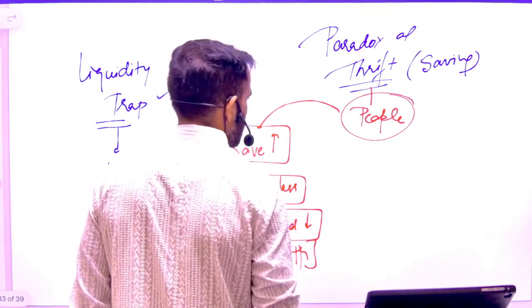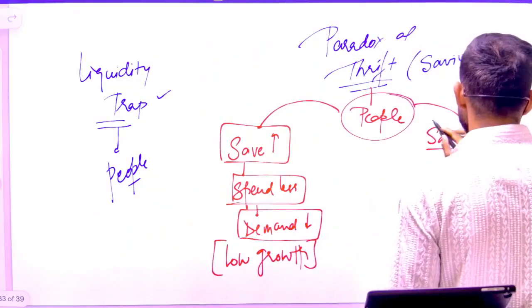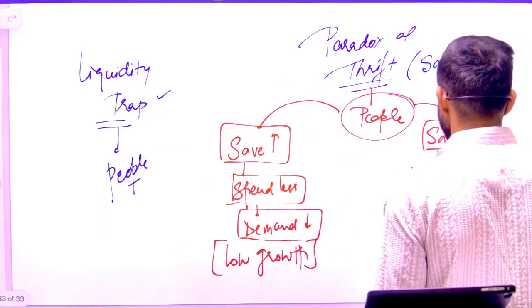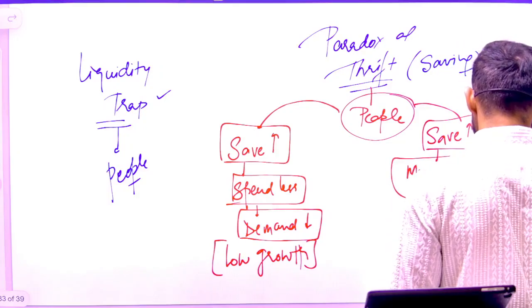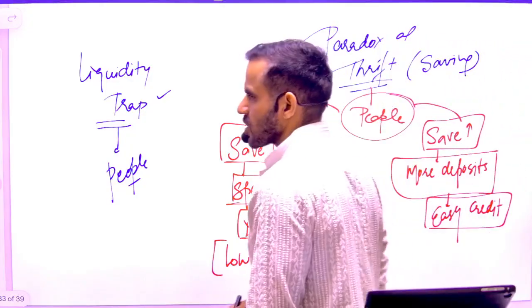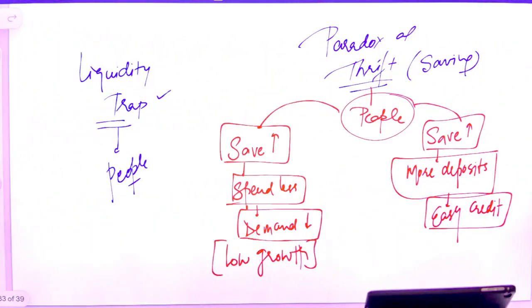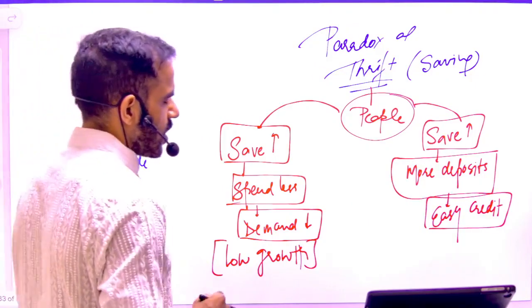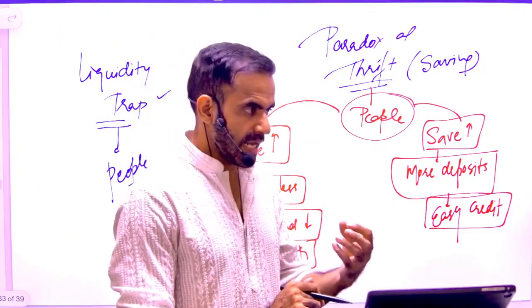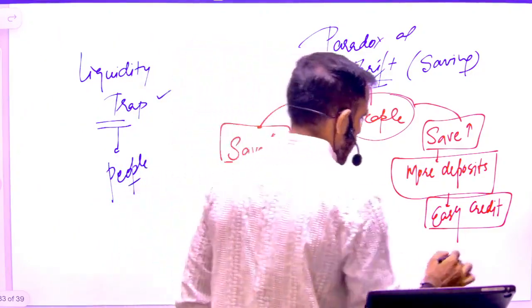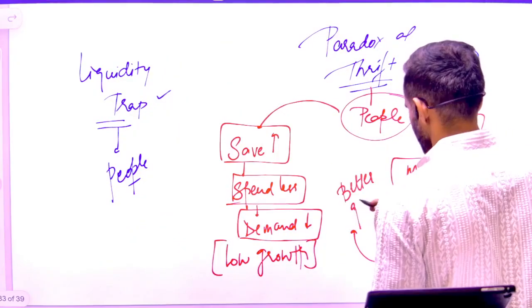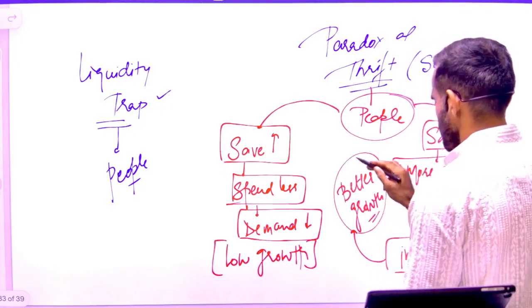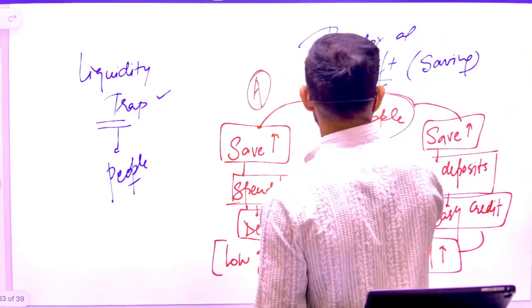Then there is another school of thought. They say that if people save more, they will deposit this money in the bank. If there is more deposit in the bank, easy credit will be available. That means cheaper interest-based credit will be available because banks are having money. So they will try to offer easy loans, cheaper loans. Now, if they offer easy or cheaper loans, what will happen? The businessman will borrow this money and set up more and more factories. There will be more investment. And if there is more investment, that will lead to better growth. Better growth. So now understand these two scenarios. This is scenario A, this is scenario B.